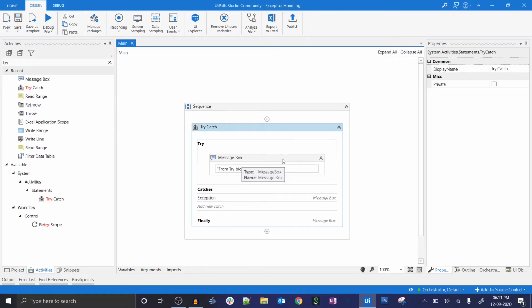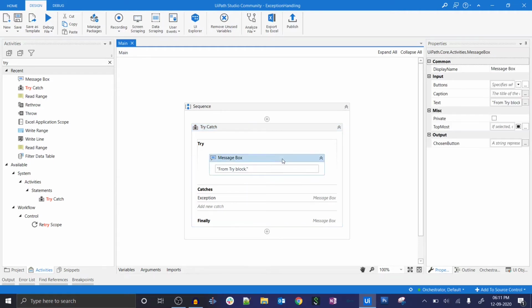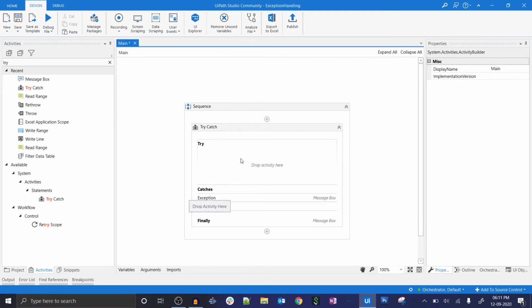To demonstrate this, I will use one Excel file, or we can use any file or any application or anything like buttons that can throw an exception. You can keep it inside this try block.